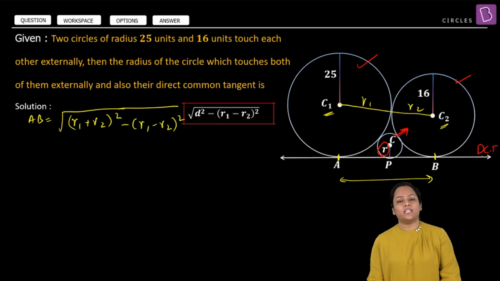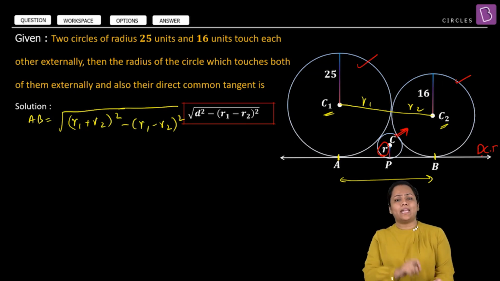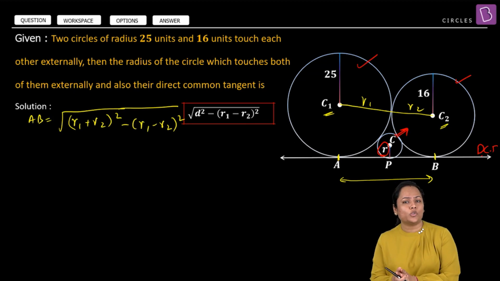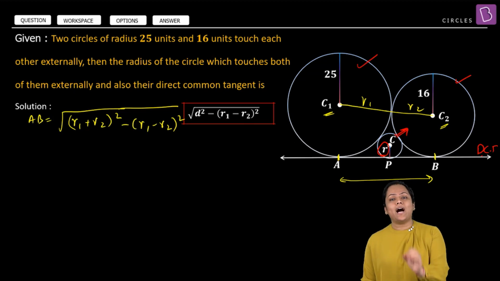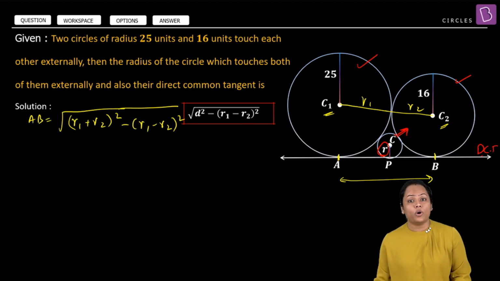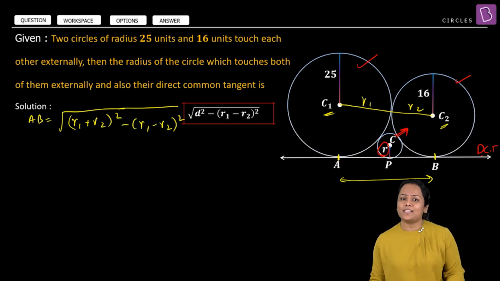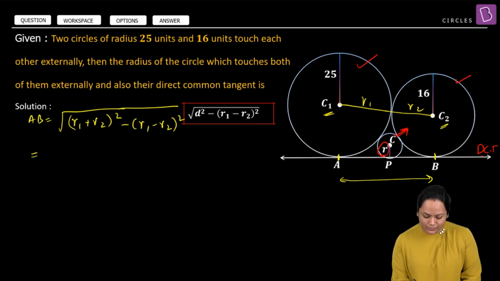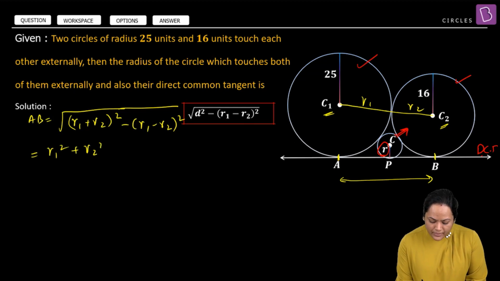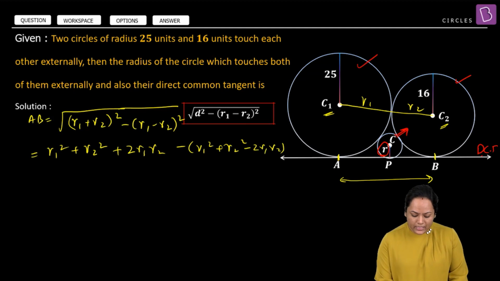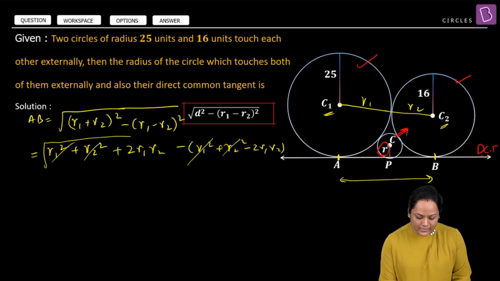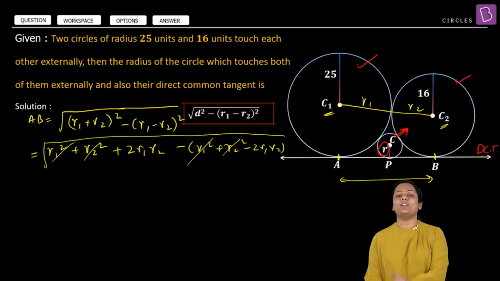So what is this value actually coming out as? Well, can we simplify? It's (a plus b) whole square minus (a minus b) whole square. You have read this in difference of roots somewhere. Yeah, it is equal to 4 r1 r2. That's correct. Suppose you want to actually find it out, so let's just expand this. When I expand this part, it will become r1 square plus r2 square plus 2 r1 r2, minus (r1 square plus r2 square minus 2 r1 r2). And you can clearly see that r1 square and r2 square are getting cancelled out. And what is left finally? 4 r1 r2.